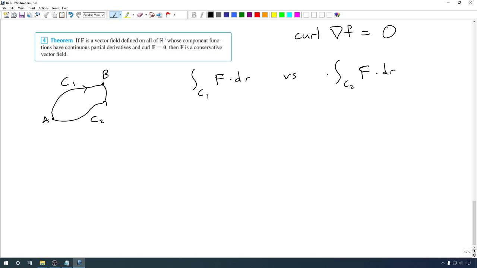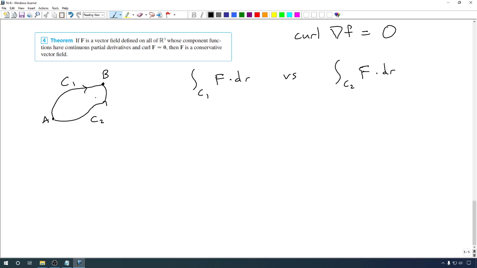Are these going to be the same thing? Well, I've drawn them here. These are actually paths in three-dimensional space, so these can be quite different in terms of what they actually look like, depending on your perspective. But one thing that you kind of have to take for granted right now is that as long as we have our conditions, especially